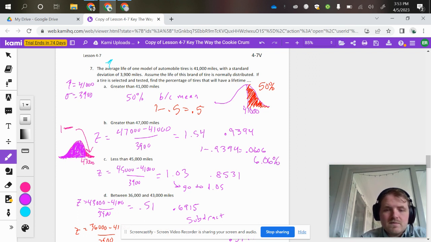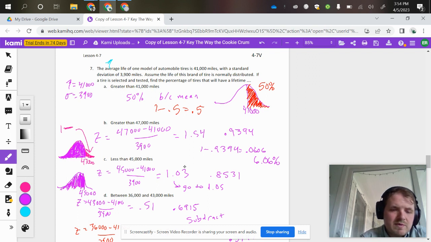Okay. Now, next one, less than 45,000. So again, that's going to be a situation that's kind to us. We don't have to do a ton of crazy manipulation. My default will shade to the left side, so less than, and we will be good to go. Okay. So I'm doing my normal z-score of 45,000 minus the average, all divided by the standard deviation,